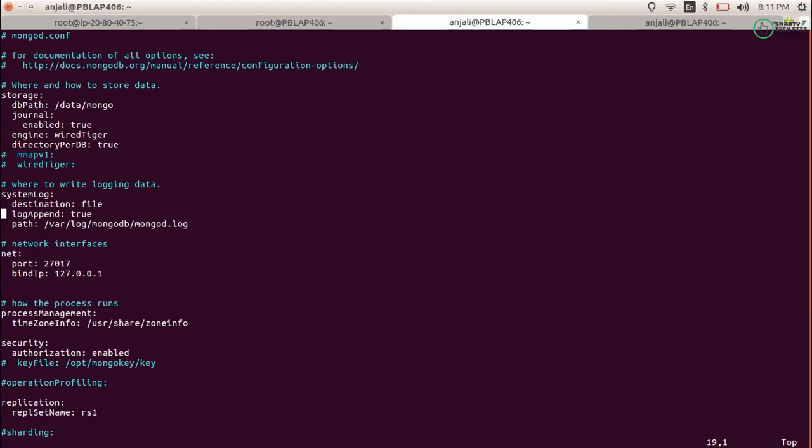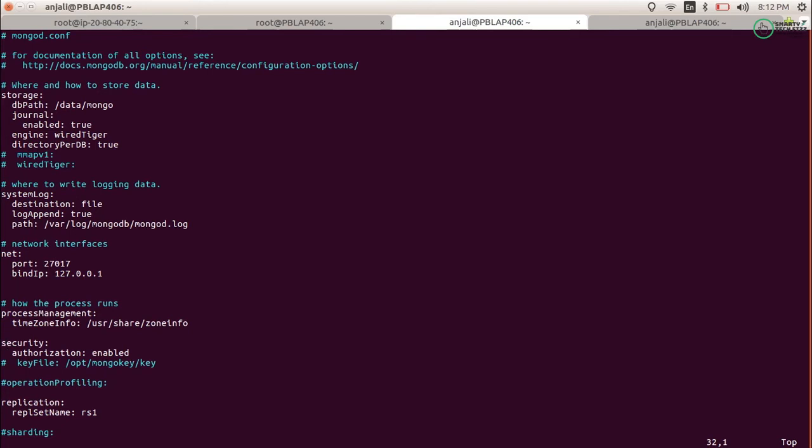Now the next thing you need to take care of, if you want to add your MongoDB server to an already existing replica set: firstly you need to convert it into a replica set, which I have done. Next, you need to provide the same name that you have provided to the other replica set members, which I have also done. Now you need to see if your already existing replica set has security enabled on it.